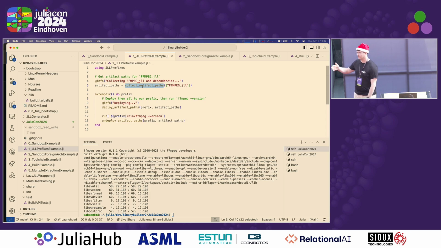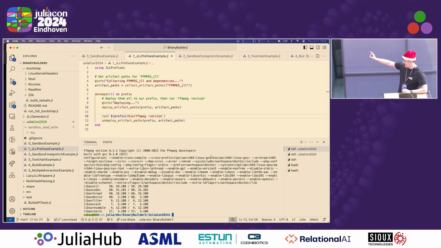So if you wanted to, for instance, have ffmpeg available on your system, built by BinaryBuilder for whatever reason, you don't want to use apt-get, you just want to use the JLLs because you love them and you're a fanatic, you can do this. And you can unpack it into your bin directory somewhere, and it will just work. So you can see here, all I did was I just ran ffmpeg -version, and it says, yep, I was built on an AArch64 Linux machine, because right now this is running inside of an AArch64 Linux VM running on my AArch64 macOS machine.